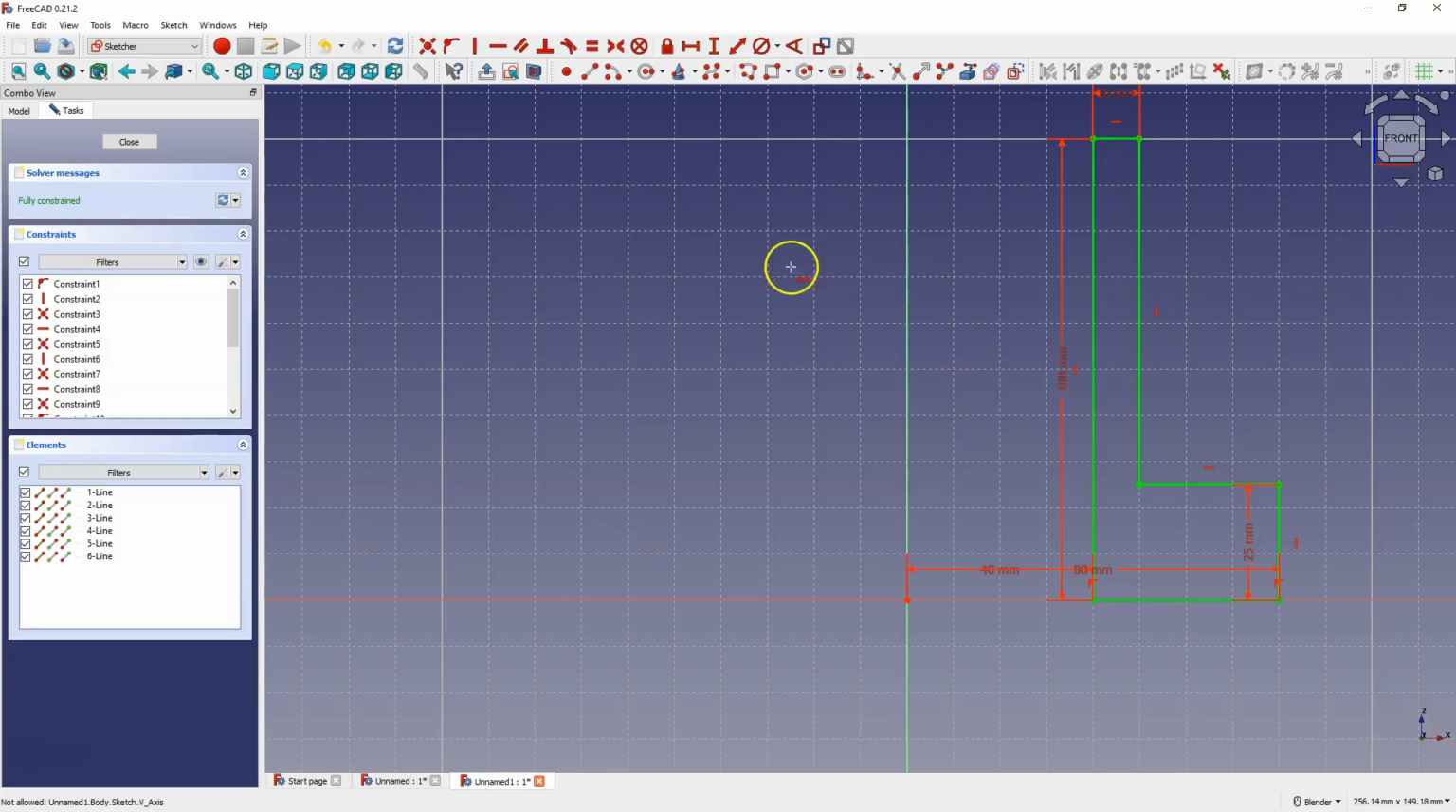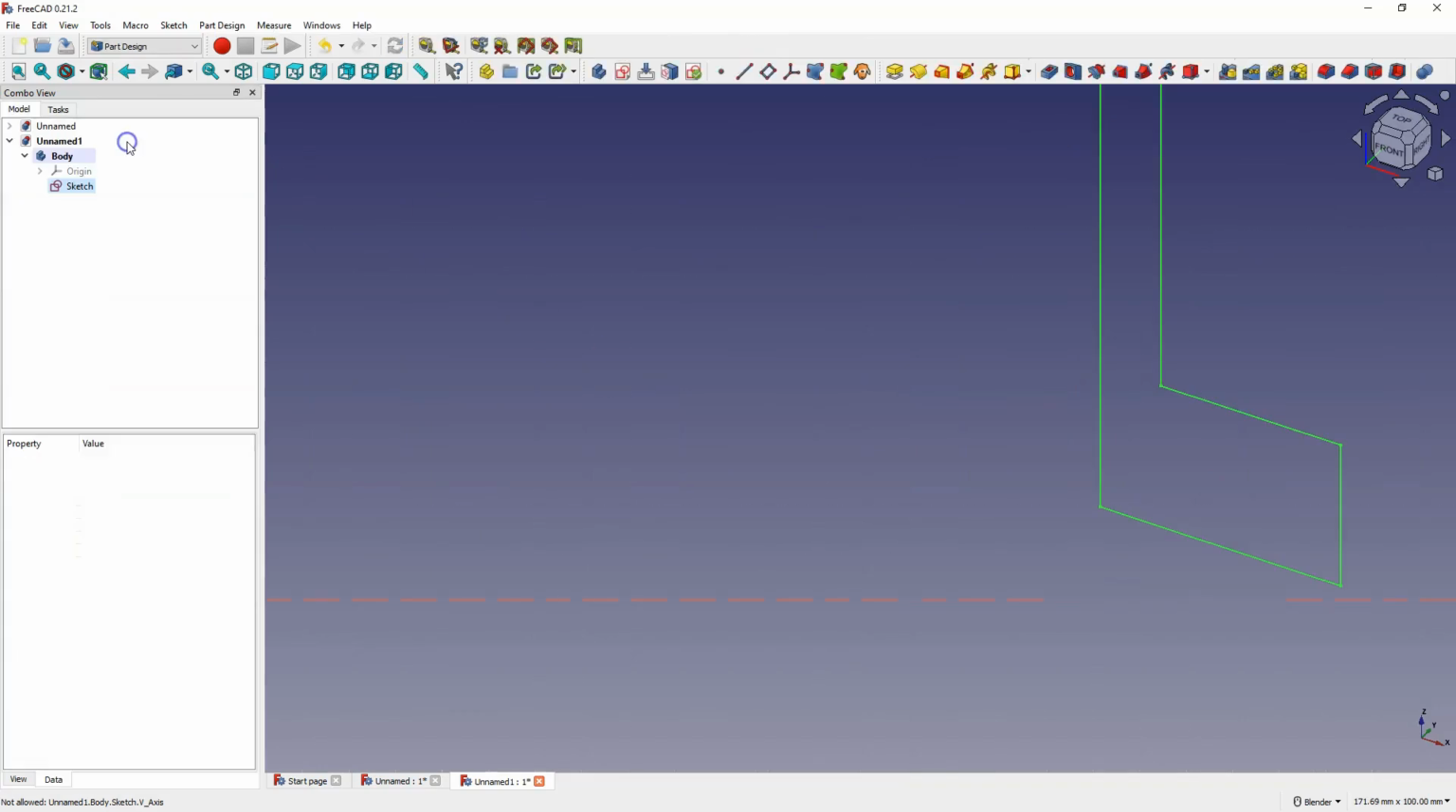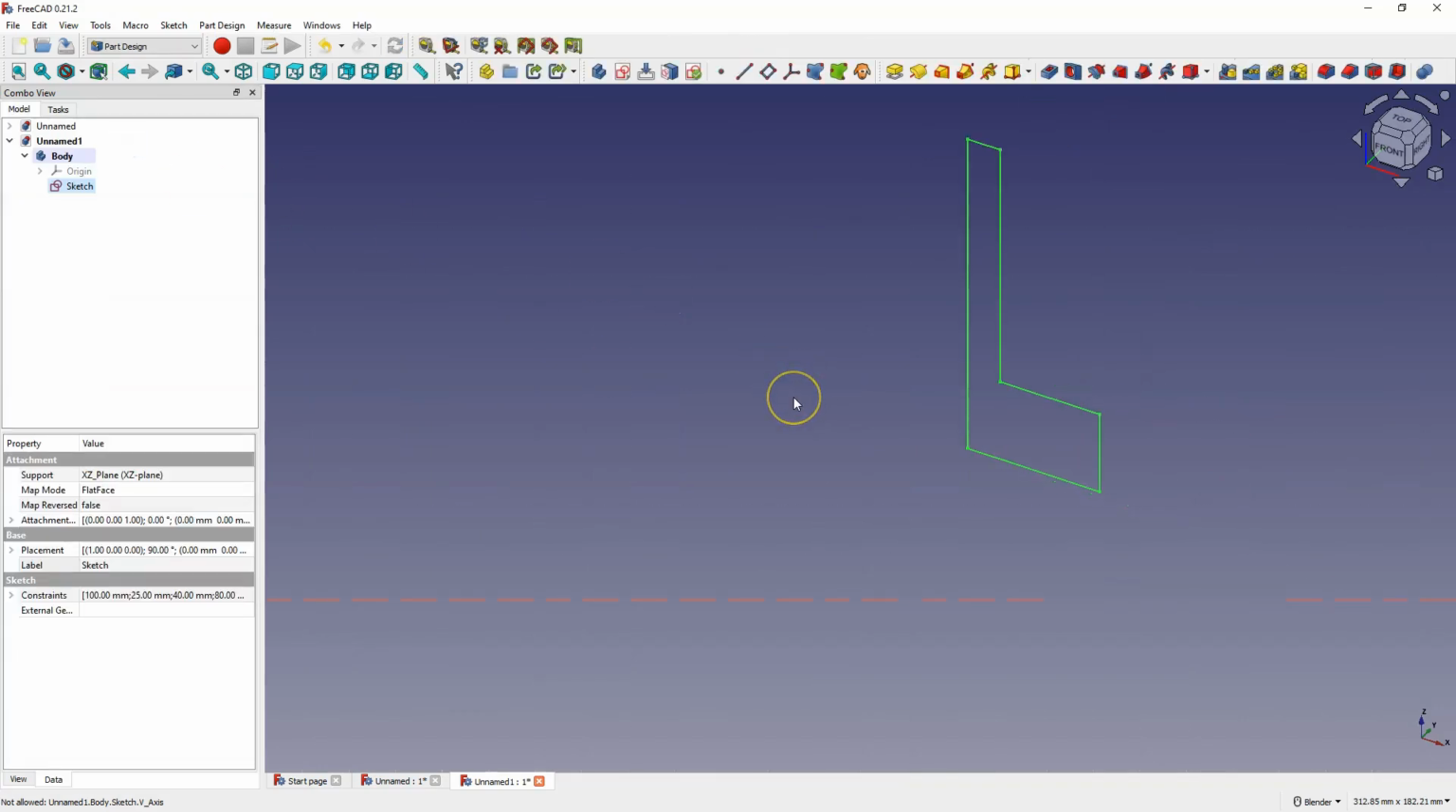Okay, we have created such a sketch. The sketch is fully constrained, meaning we cannot freely change the shape and position of the sketch. Close the sketch, and now based on this sketch we will create a solid by rotating the sketch. And to do this, select the revolution command,